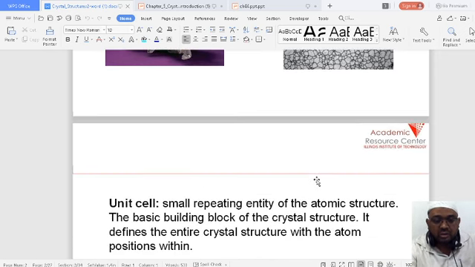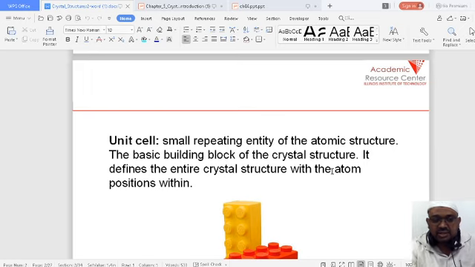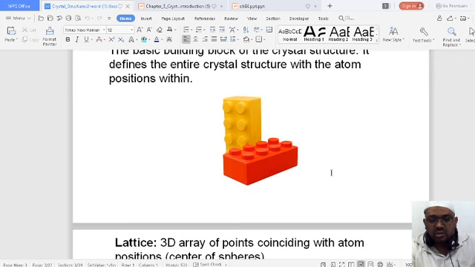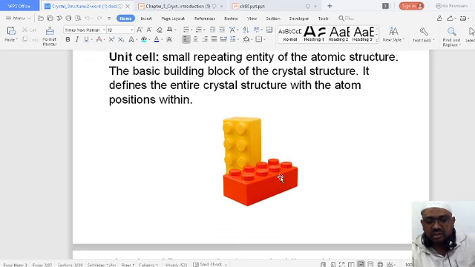Now you already know the unit cell. We just discussed it in the previous classes also: repetition of the smallest geometrical figure will yield us the crystal structure. So that is the basic building block of the crystal structure. The basic building block of the crystal structure is the unit cell. This has been given with the example of some blocks. When you join these blocks, you'll get a particular structure. In the same manner, if you build up the unit cell an infinite number of times, you will get the crystal structure.